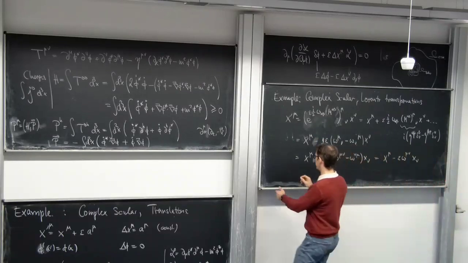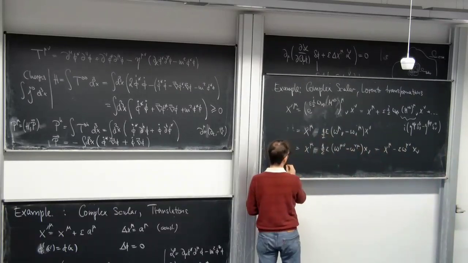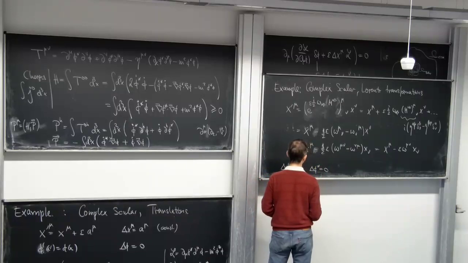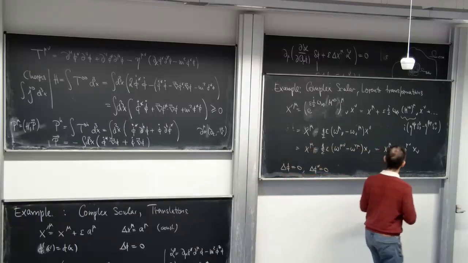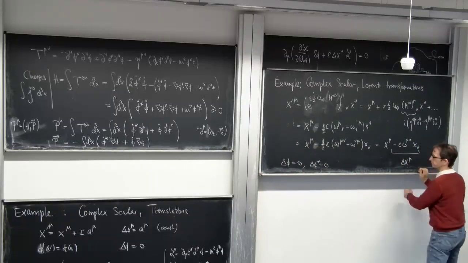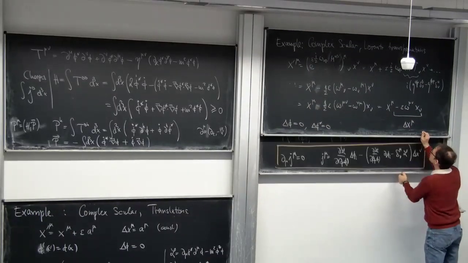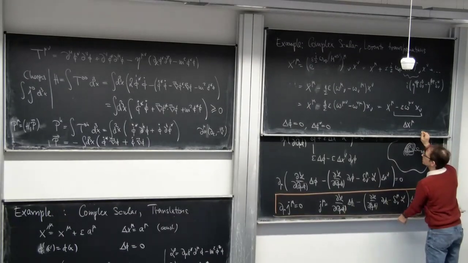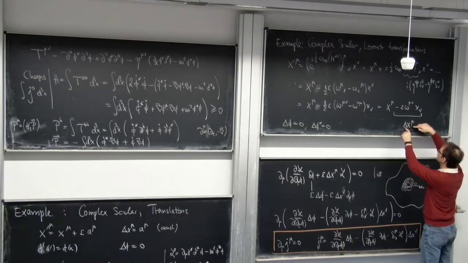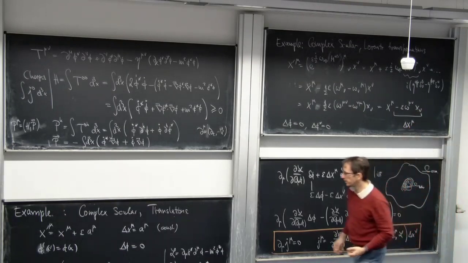And since the scalar field, the complex or not, there's no change there. So delta phi is 0, delta phi star is 0, just like it was before. And this thing is delta x mu. So the difference between the translation and here is that the translation had delta x, which was constant, and here the delta x isn't constant, but it is proportional to x. This formula now